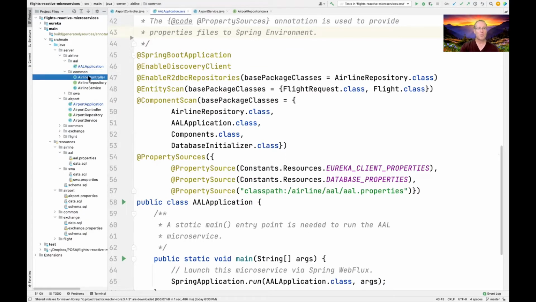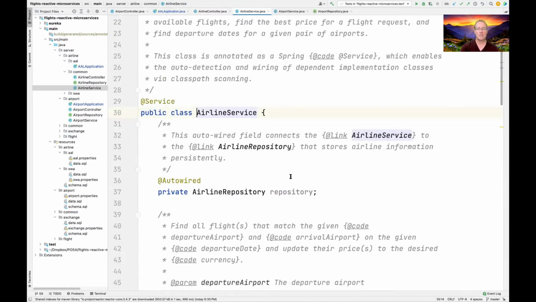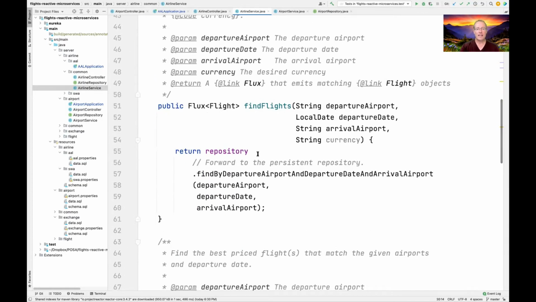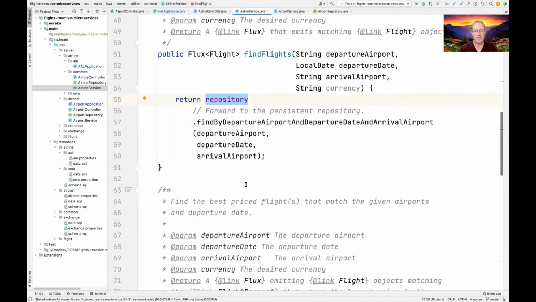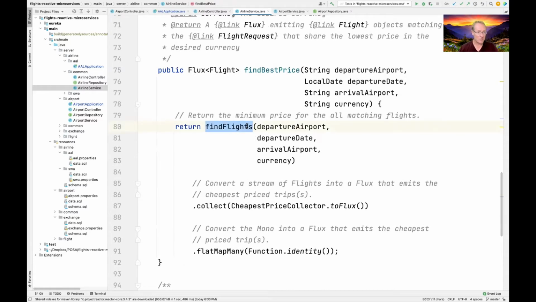We have an airline controller, and the airline controller is connected to an airline service, and the airline service is connected to the airline repository. And then you can see down here that we're just making queries on the repository. So findFlights is going to find by departure airport and departure date and arrival airport, passes that information in. findBestPrice calls findFlights, so it looks it up in the database, and then it